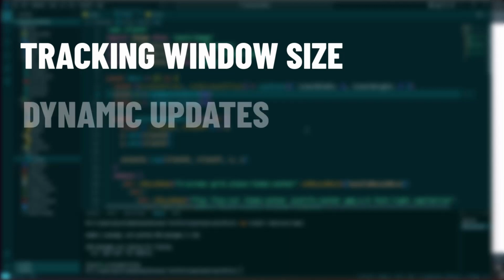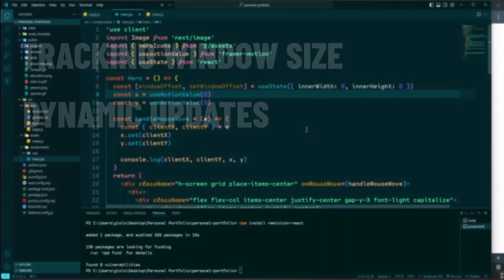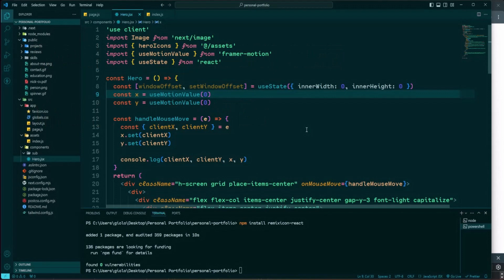The second reason is dynamic updates. By using a state variable, the component can dynamically respond to changes in the window size. If the window is resized, the state can be updated accordingly, allowing the animations or transformations to adapt to the new window dimensions. Next, I'm going to create another state variable, and it's going to be